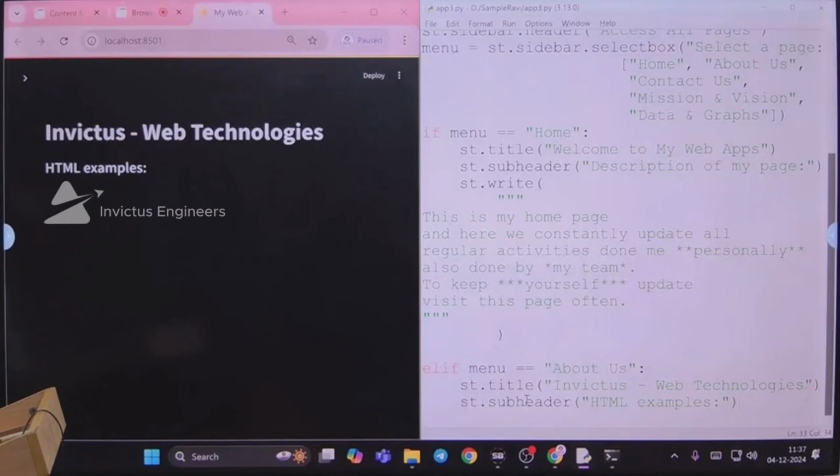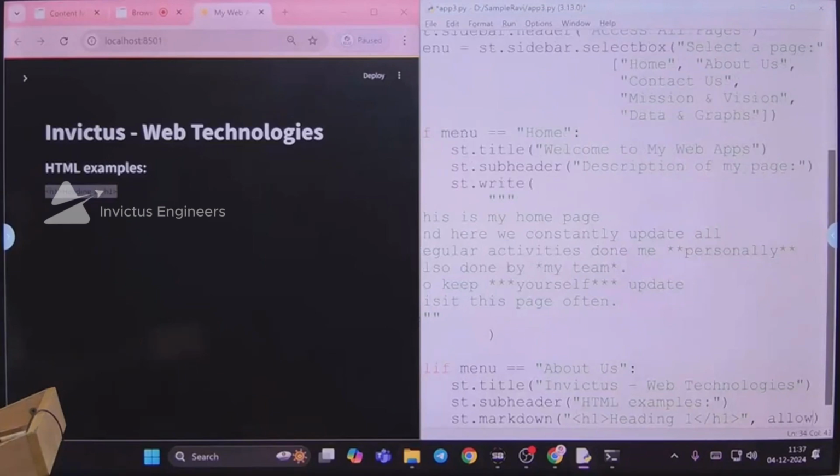So now I want to use some HTML. Let's do that. This time I'm going to use a tag called markdown, and I'm going to use HTML. So heading 1, this is heading 1. If you know HTML, you understand this. Of course, it's not going to work now. We will make one small change. It's not going to work, as I told you. So you need to use an additional argument, that is allow unsafe